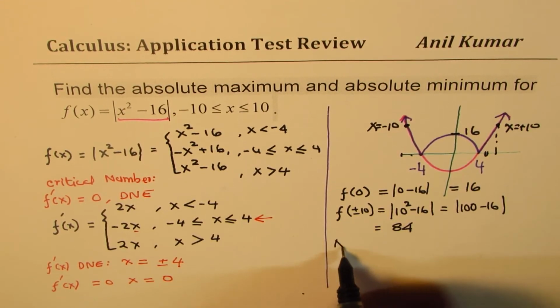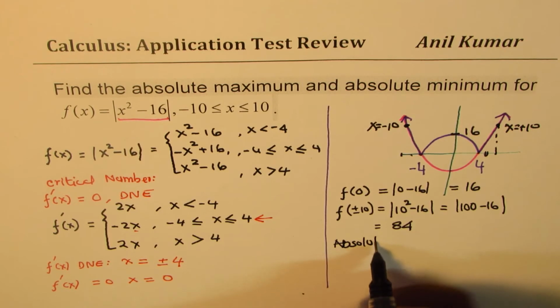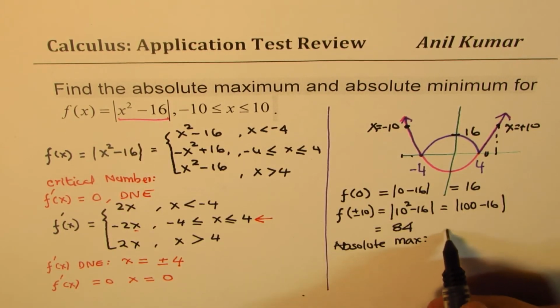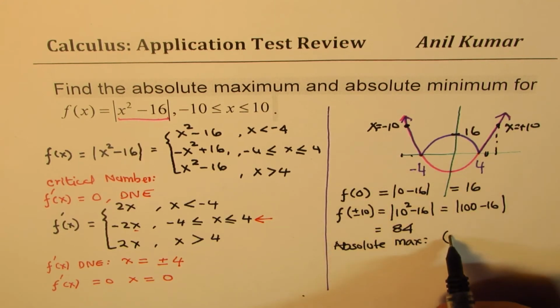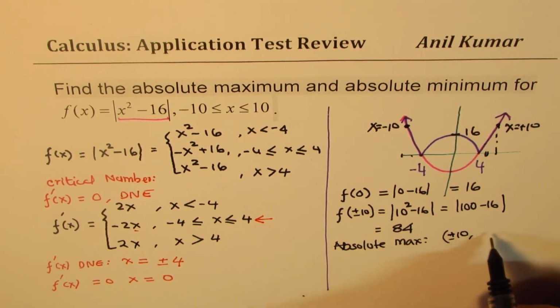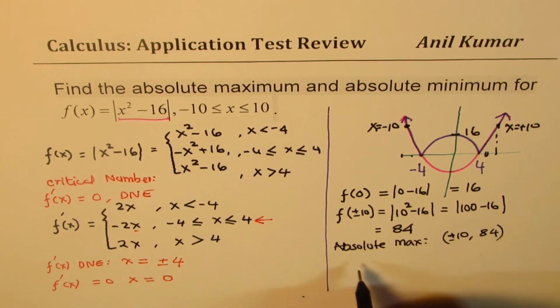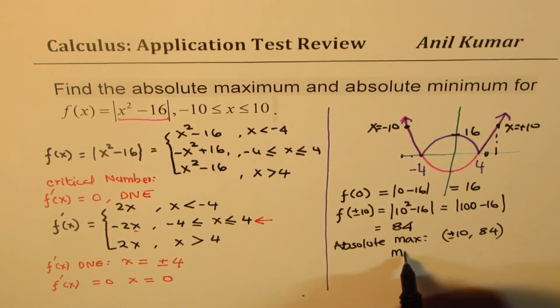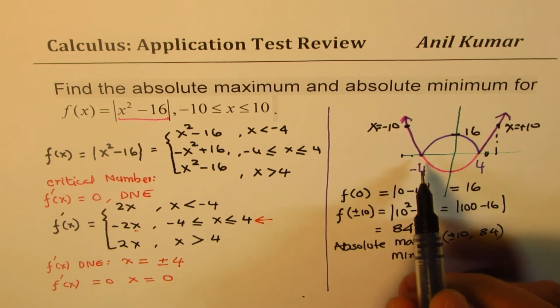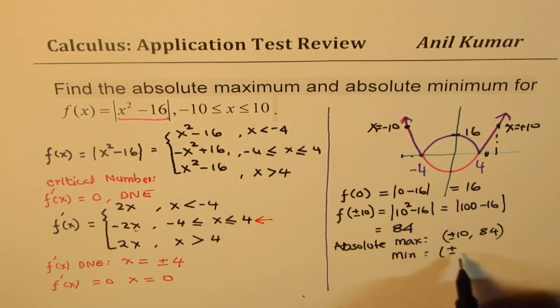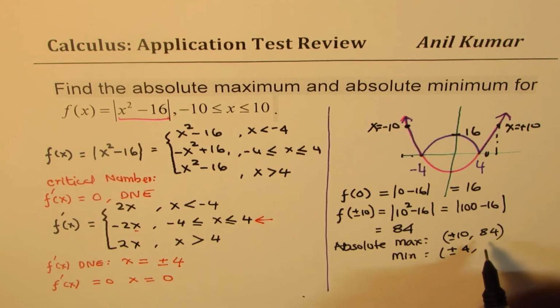So what we get here is that the absolute maximum is at plus or minus 10 and the value is 84. So the absolute maximum value is 84, which is at both the boundaries, plus and minus 10. And the absolute minimum is at the undefined points where x is plus minus 4,